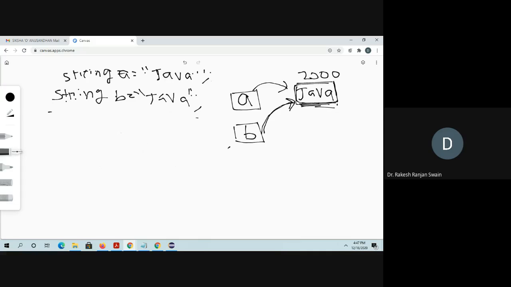Next, suppose I am declaring a string C using a constructor, that means new String, and inside this pass Java.